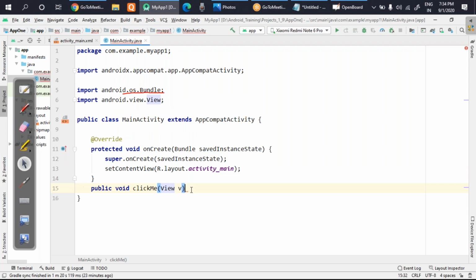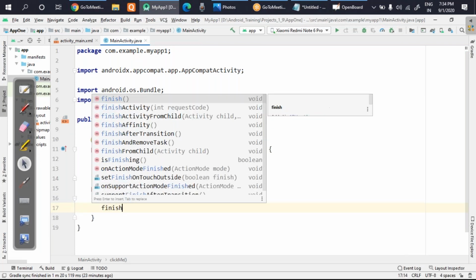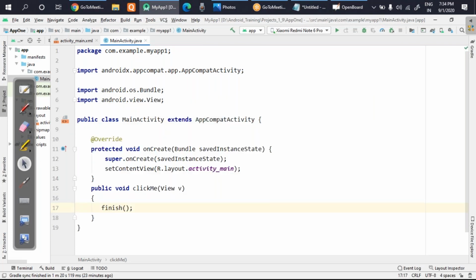Okay. Now what I will do now, I'll quickly create the body also. Now inside this only, I'll be writing some code, and that code will be only executed whenever you click that button. Okay. So the easiest thing will be, I'm writing a simple code, that is I'm just calling a function. The function is finish. I'm calling a function called finish. What this function is doing, this function actually ends your app. Okay, or you can say it closes your app.